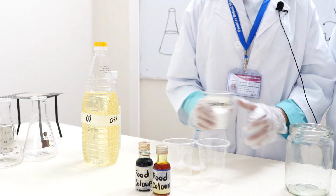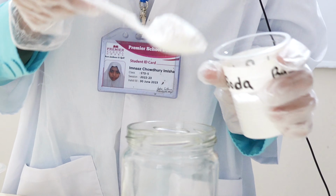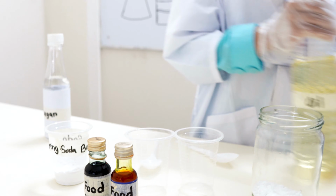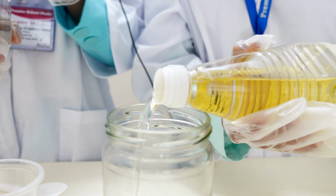First we are going to pour a thick layer of baking soda into the glass jar. Then we are going to pour oil in it. As she's pouring the oil in it,